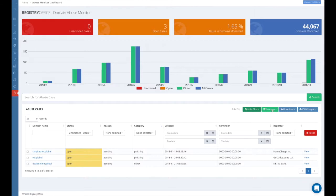I can select different columns of information that I may want to see in the dashboard view. I can also select a particular registrar if I just want to focus on that particular registrar. In this case, we're looking at all registrars for all open cases. So let's take a look at a case. I'm going to pop on this first one here,